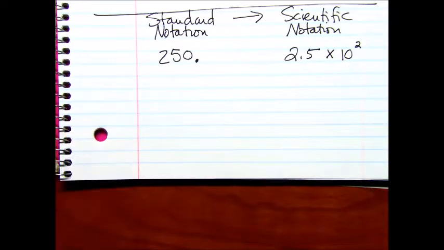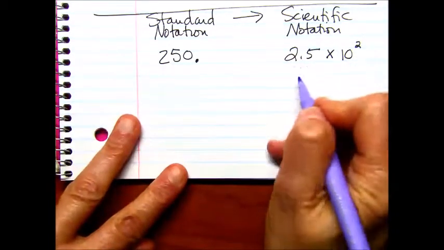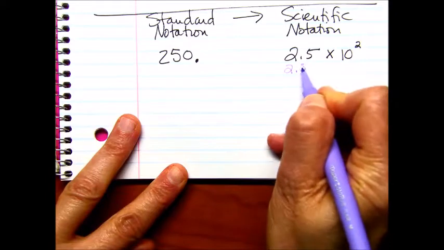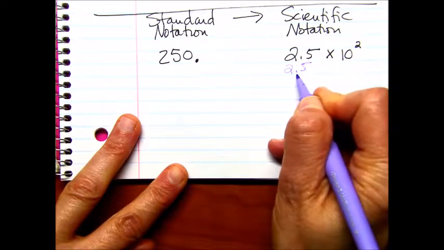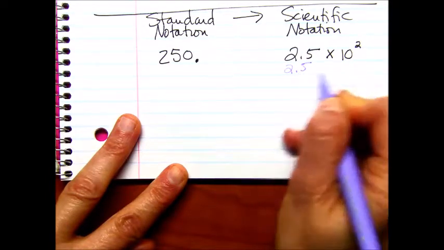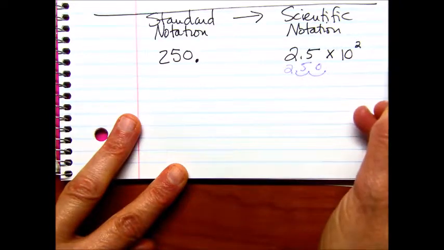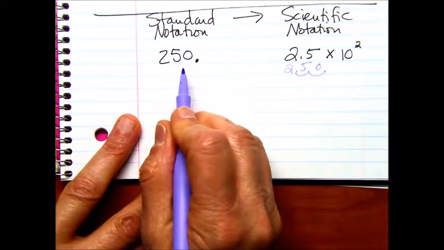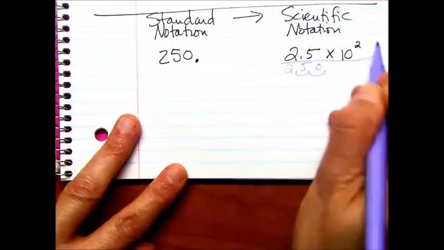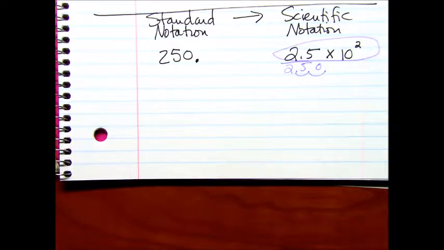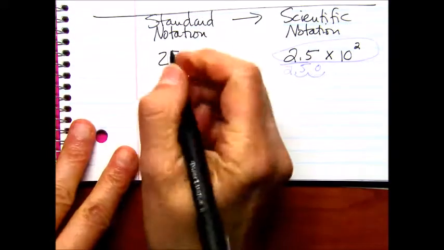And if you want to do just a little double checking, you could do that. You got 2.5 times 10 squared, so we're going to move the decimal 2 places to the right, so 1, 2, and that's going to give you 250, and that's what you started with here. So this would be correct. Let's do another one. Let's say we have